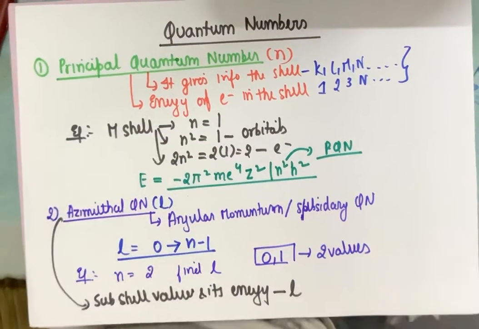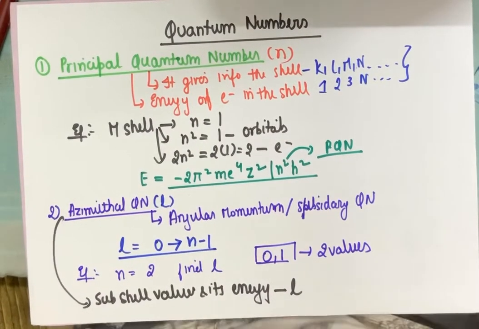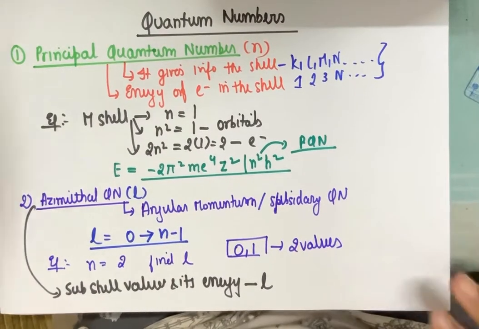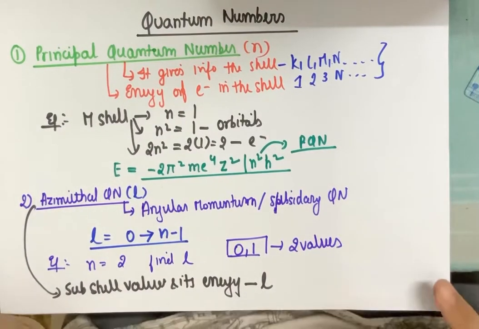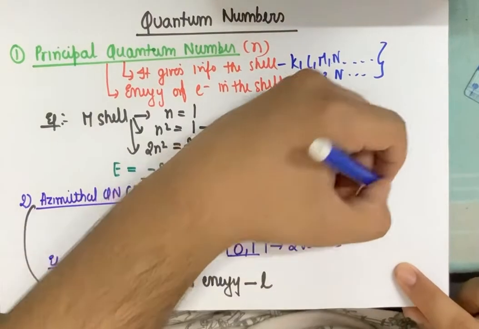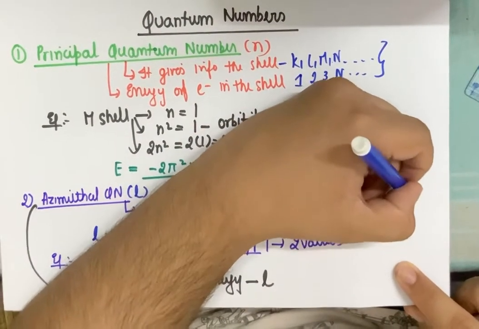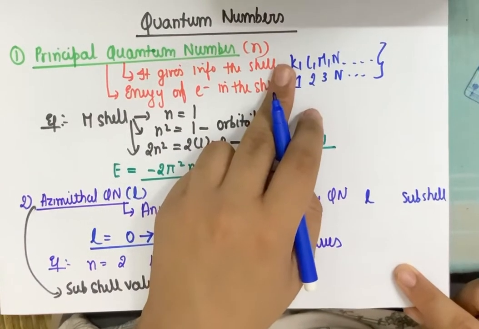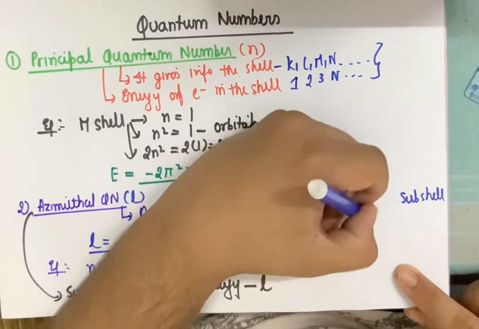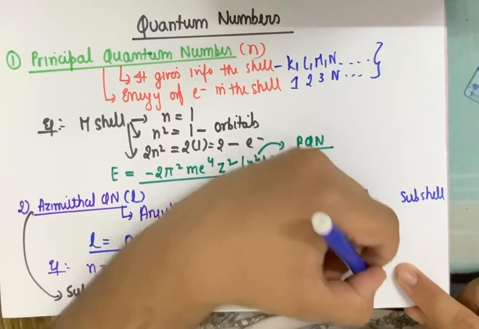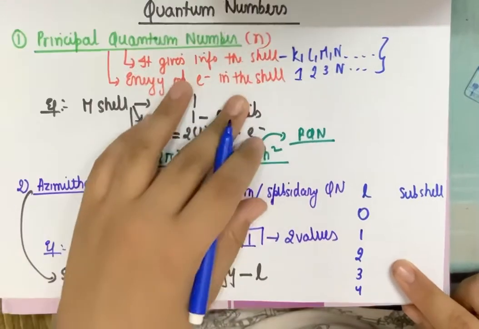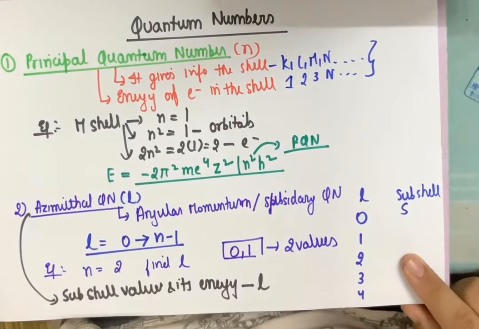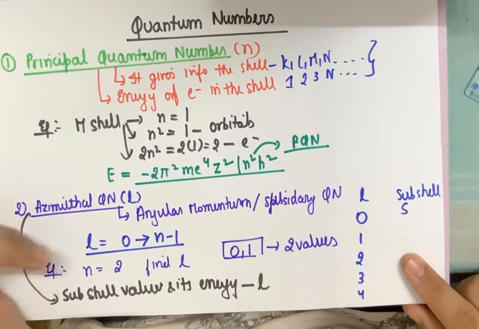Now for this there is one table which we need to remember. Four values are important. This is the subshell denotation. If I have the L value and I have to denote the subshell, just like for n=1 I denoted the K shell in the case of the principal quantum number, then for L0, L1, L2, L3, L4, and so on: for L0 the subshell is called S. Subshells begin from S, shells begin from K.